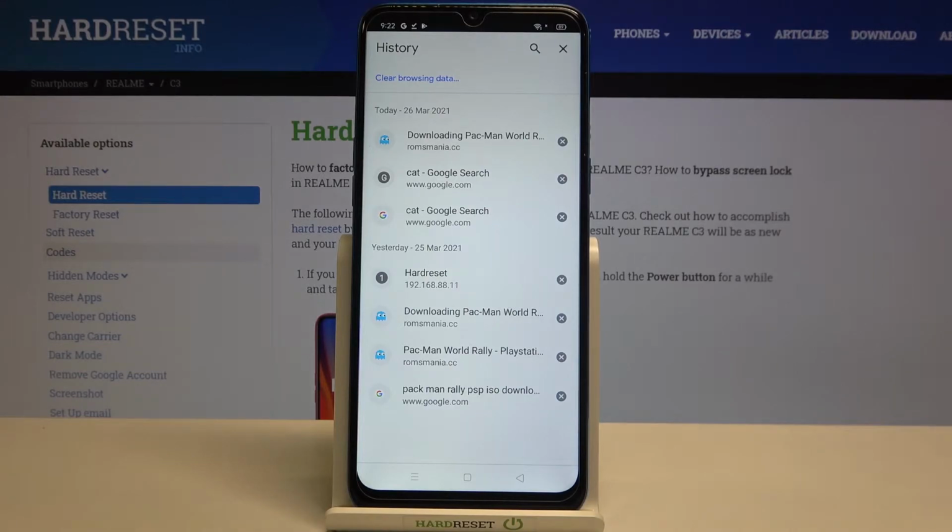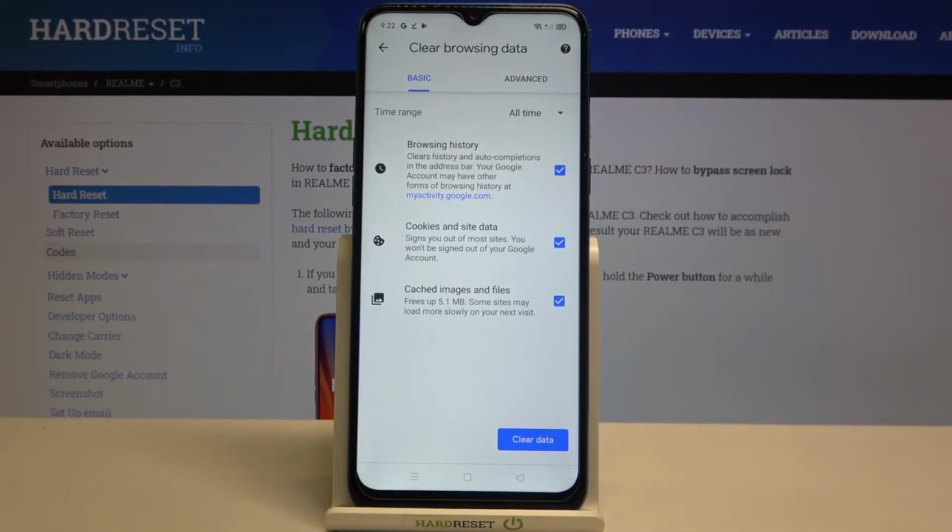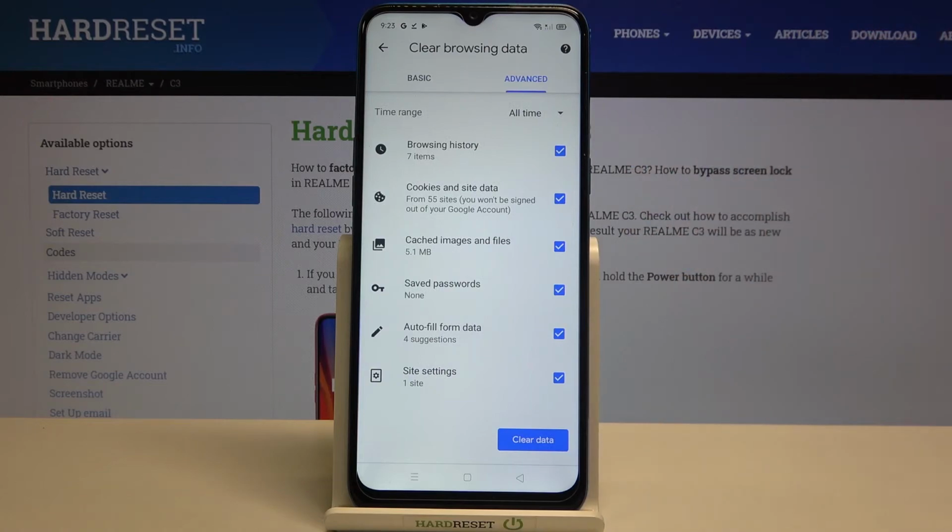But if you'd like to do it automatically, or if you'd like to remove some advanced browsing data, all you have to do is simply tap on clear browsing data, and here we've got some basic and advanced options. In basics we can remove browsing history, so the list we just saw, or cookies and site data and cached images and files, and after tapping on advanced we can also remove for example saved passwords, autofill form data and